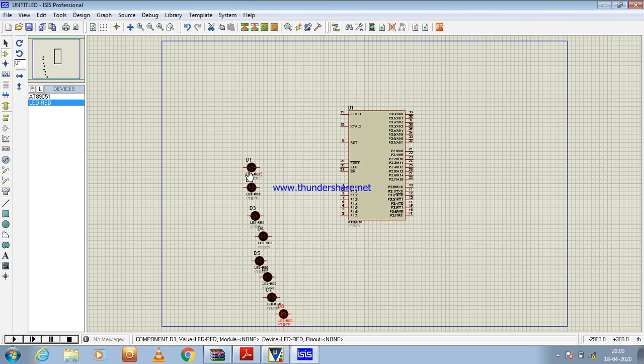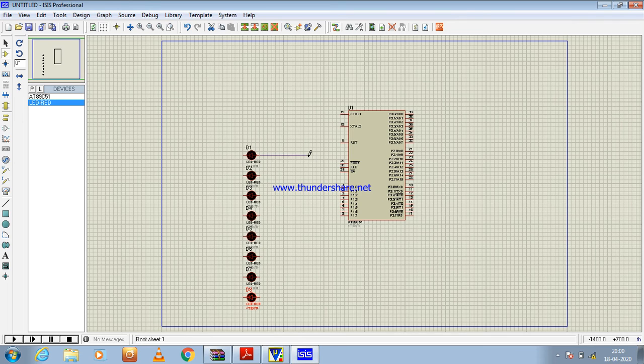When you rotate, then we have to take this LED nearby. This part is very important. It can be done only with the mouse, and we can do it only with practice. Now we'll connect this with port 1.0, the first LED.